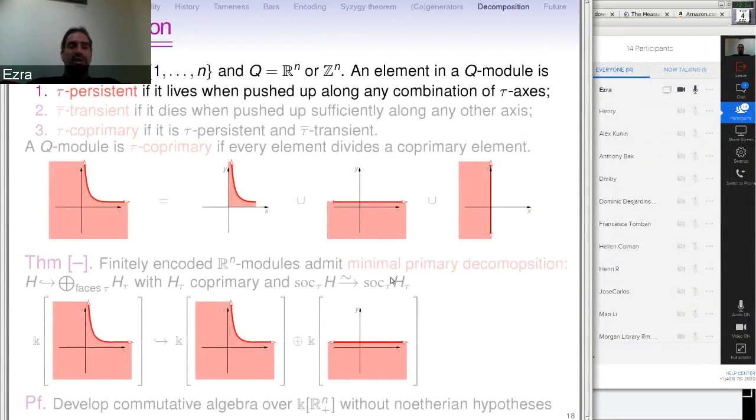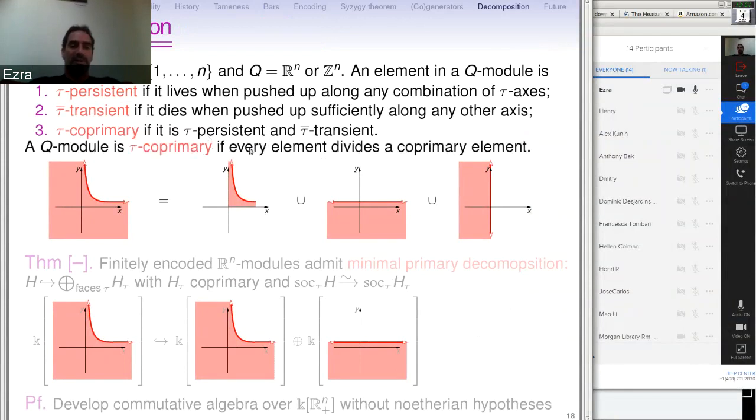Okay, and in decomposition, there's a notion of coprimary. Briefly, an element is coprimary if it persists in some directions and dies eventually in all of the other directions. So these are the elements. In this module, these are the elements that are zero coprimary. That is,